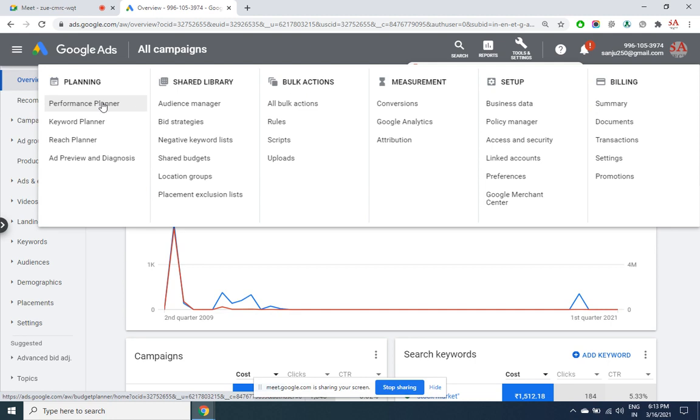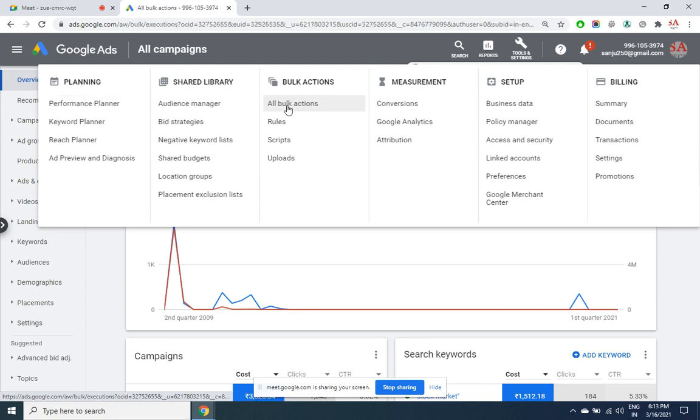So these are all advanced features of AdWords which are useful only when you have got several campaigns set up. If you have got 8, 10, 15, 20 campaigns, we can do everything manually. But if you have got several hundreds of campaigns, you need an automated way. With the click of a button, you want multiple actions to be taken, then you will be using these features.